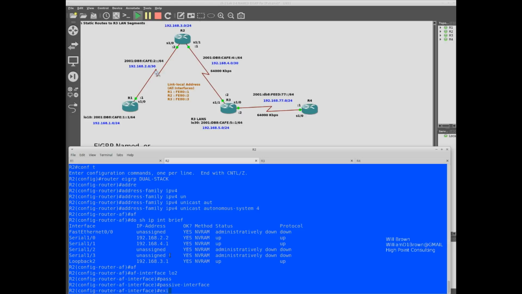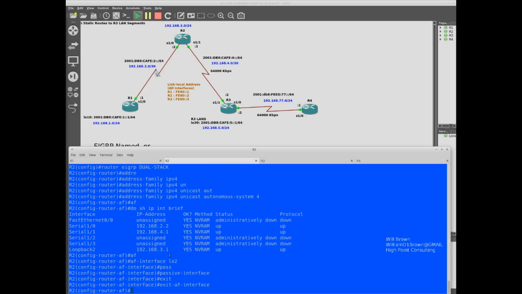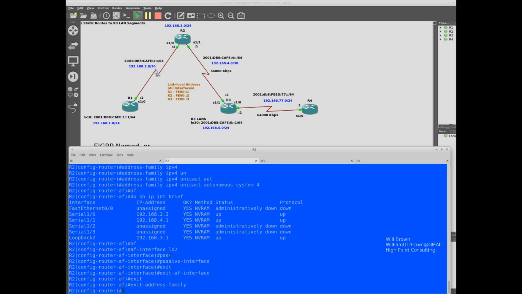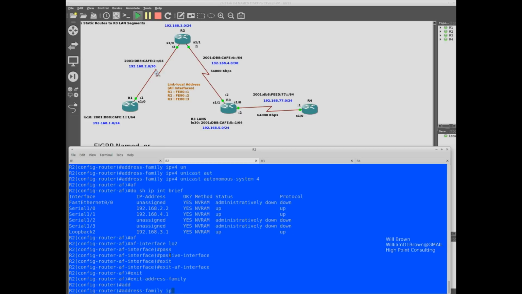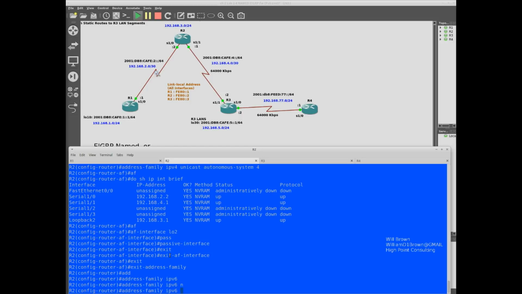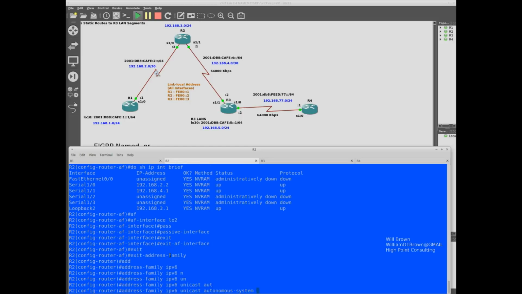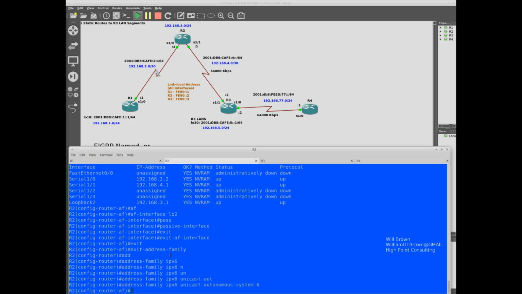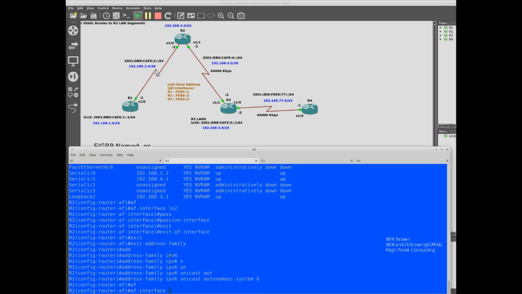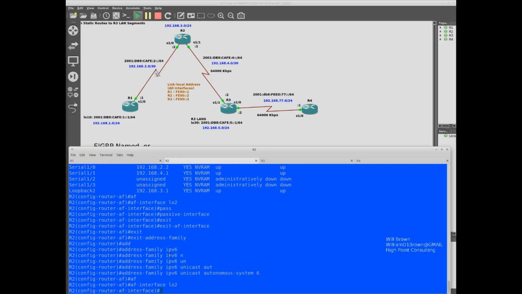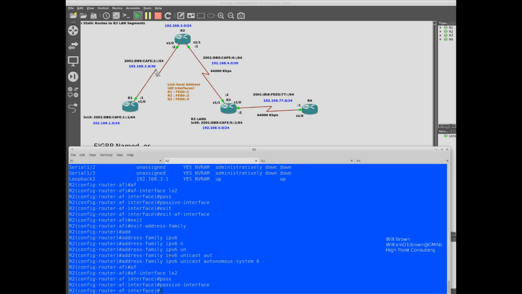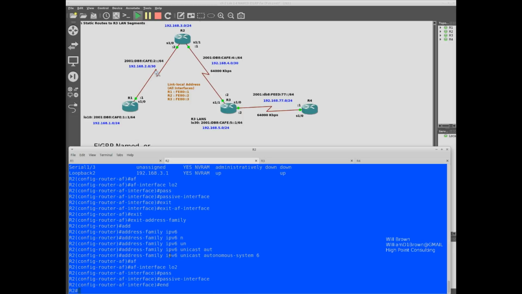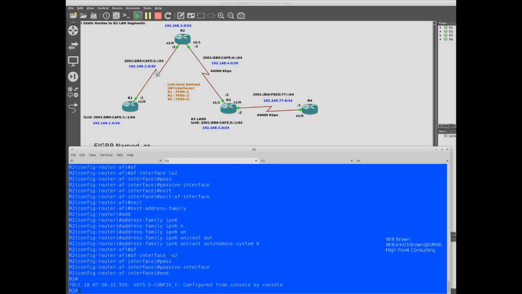And then exit address family interface, exit address family. IPv6 unicast autonomous system 6 address family interface loopback 2 passive interface. I think, yeah, I just made a mistake, because if I do a show